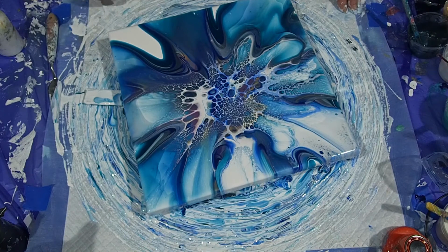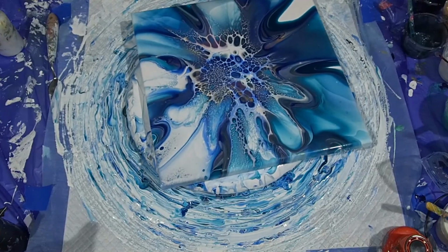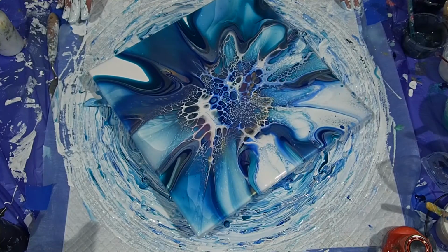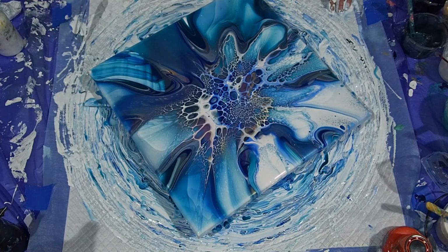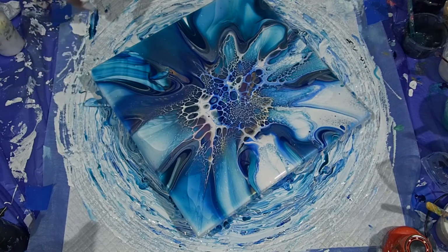This is such a long way in, isn't it? Now I might see if I can spin it more that way, if I lift it up and move it that way. Oh, I lost the whole thing off the thing. Not quite that much. See what I can do. This is just such a long way in. I'm going to see if I can be slightly sneaky. Just take some of that colour down there. Might look a bit odd. That's not a good move. Alright, where's my...